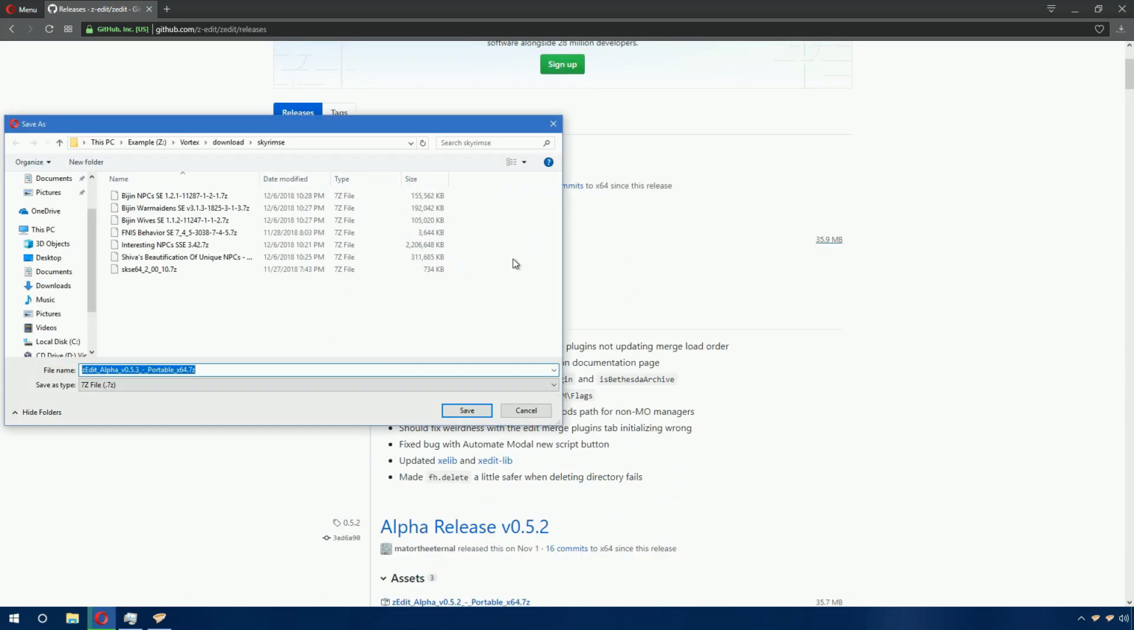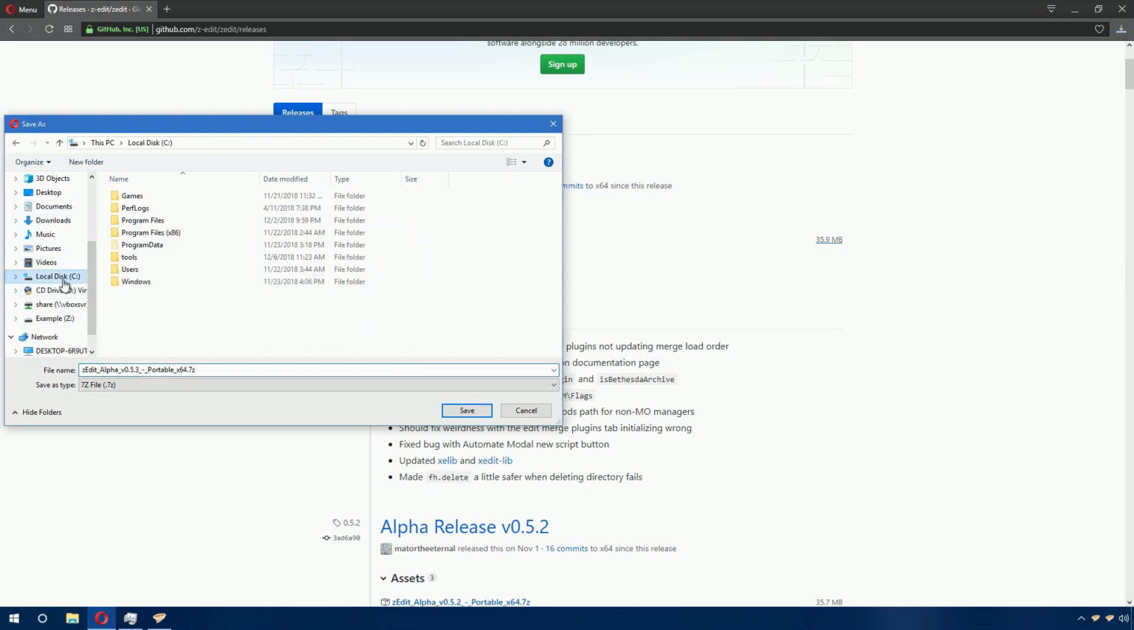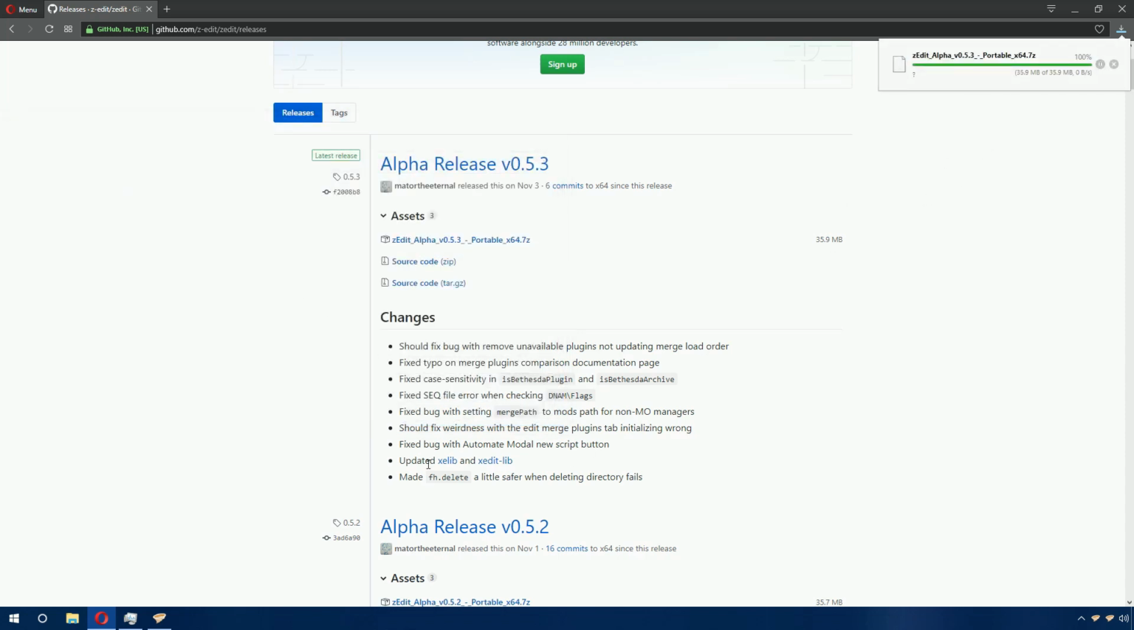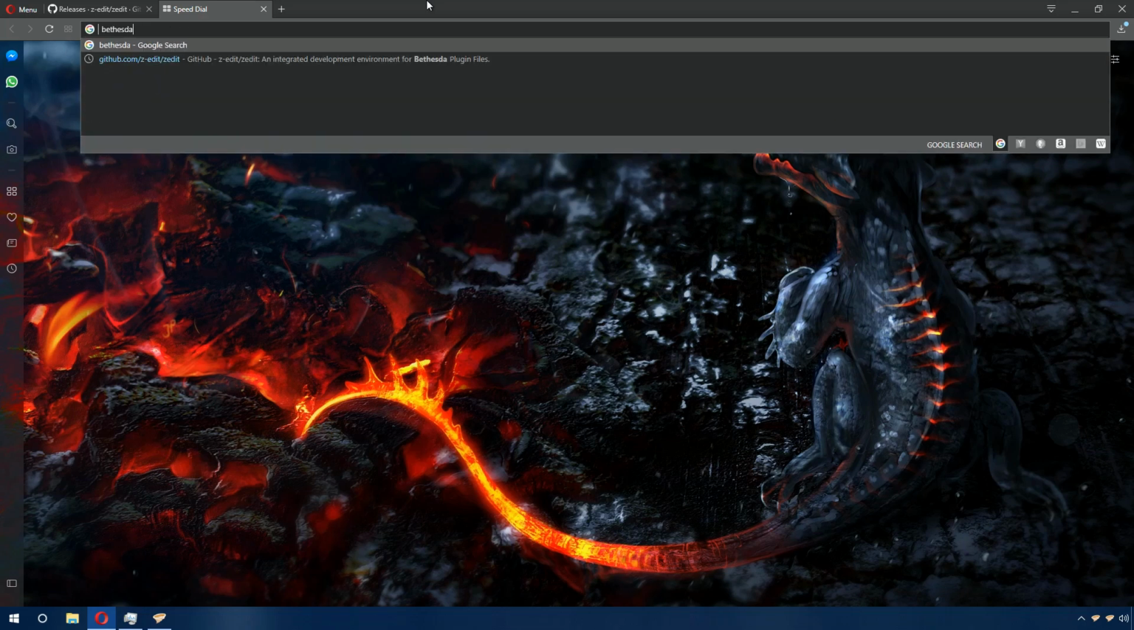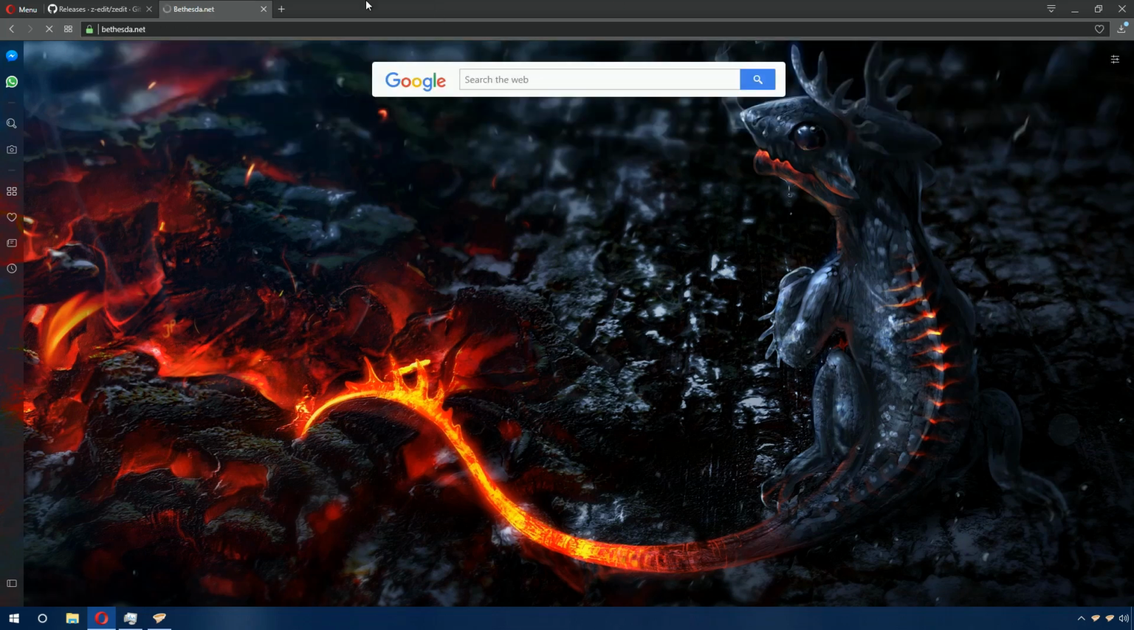You will want the most recent version, and you will want to download it to a tools folder. There's another tool that you will also need for merging plugins, and that is the CK or Creation Kit. It can be found by going to Bethesda.net, and when it loads,